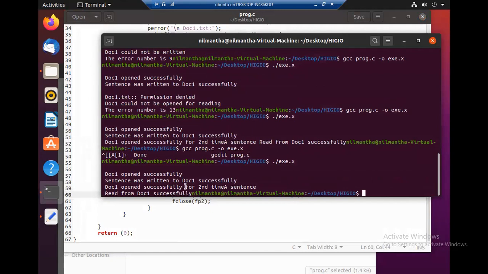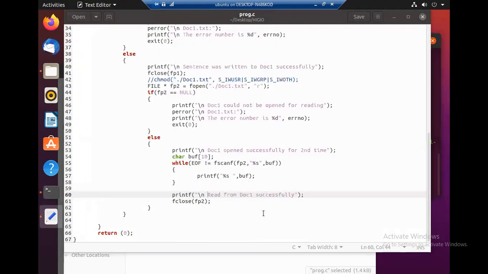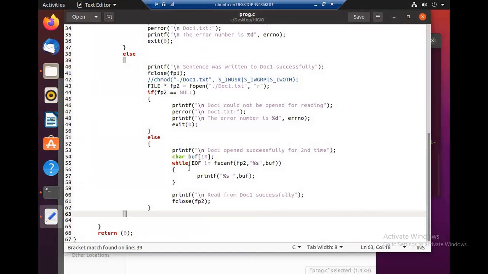So you can see, open for second time, then it wrote the content of document one. It wrote, which means it read. It was opened for reading, so it read using fscanf until end of file is reached. End of file is reached once you finish.